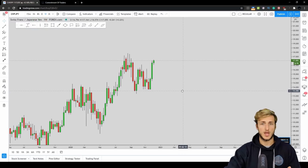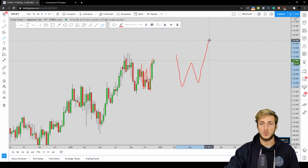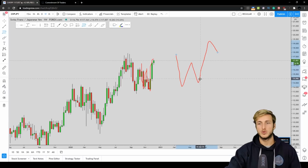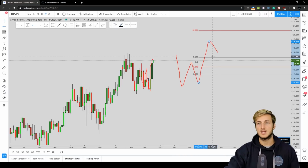Now, on the weekly time frame, we have quite interesting price action as well. In fact, we can see that the market has just created this overextended W formation. After an overextended W formation, what you want to see is the market create a move to the downside. Specifically, you would like to see the market create a retracement, so a move to the downside at least to the 0.382 of the Fibonacci taken on the impulse leg, because in general, if you want to measure a retracement in the market, what you have to do is take your Fibonacci from the low to the high of the impulse. And if we do this, we can see that the 0.382 of the Fibonacci taken on this impulse is